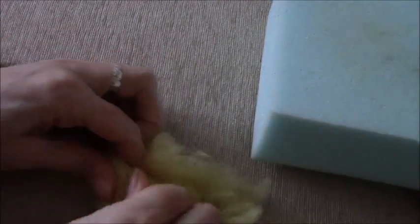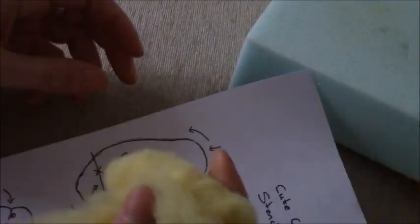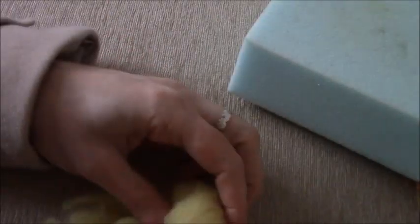So the first thing to do is take the yellow coral wool, and we're just going to roll that up. If you roll it as tightly as you can to start with, you can always add more wool afterwards. If you've got the stencil sheet here, it's important to follow this for the shapes as you're going. So I'm just going to roll that up, and then